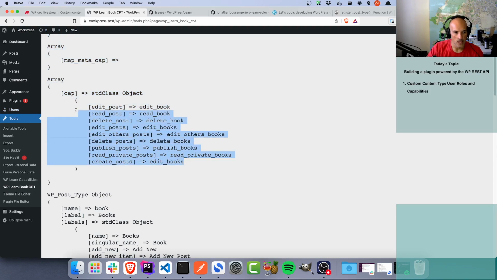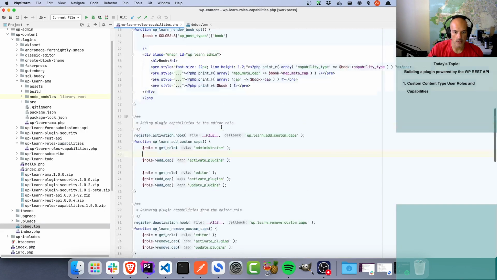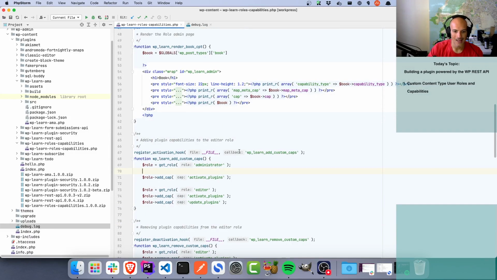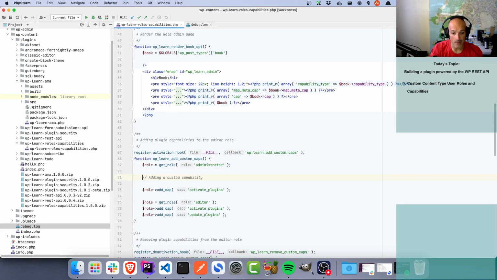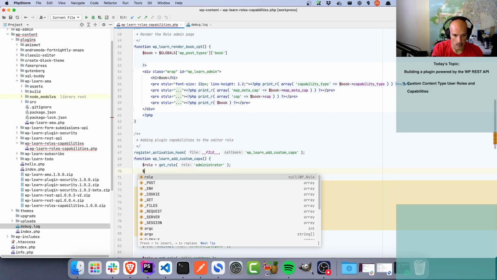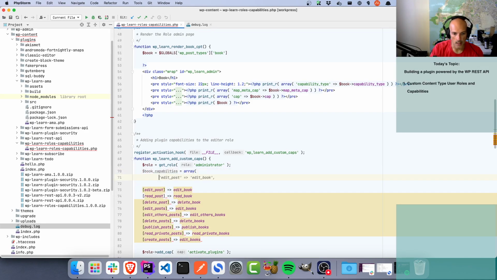Because of the way capabilities work, if I want to assign these capabilities to the administrator user, I have to run add cap for every single capability. So the way to get around that is to create an array, something like book capabilities,